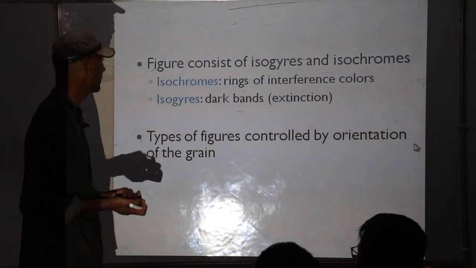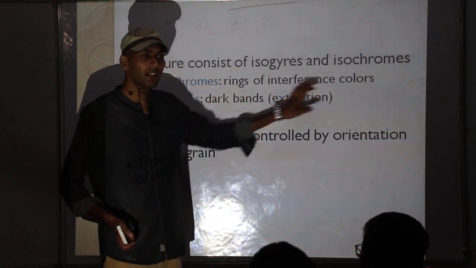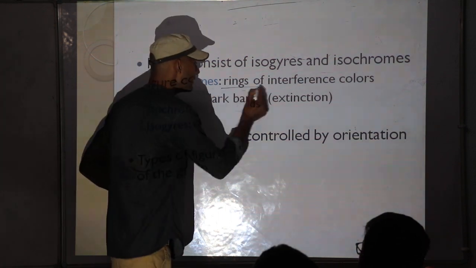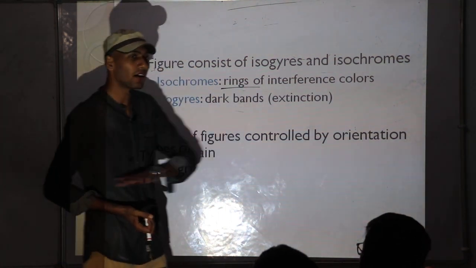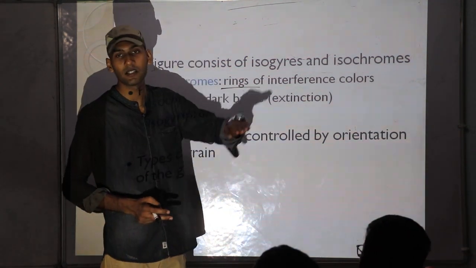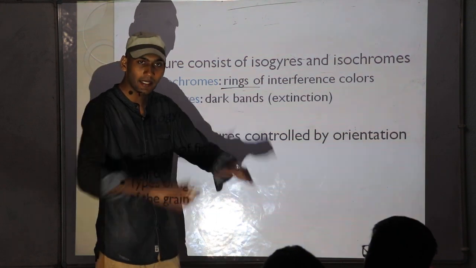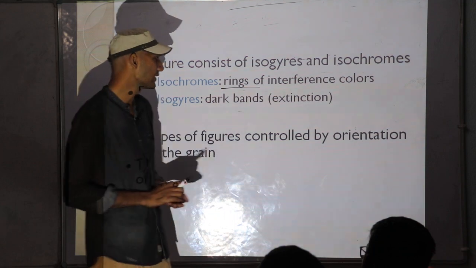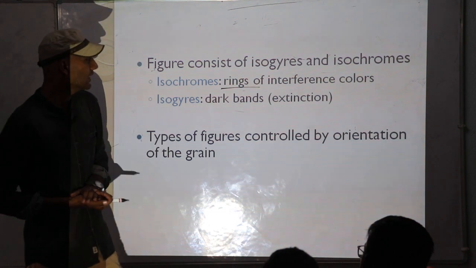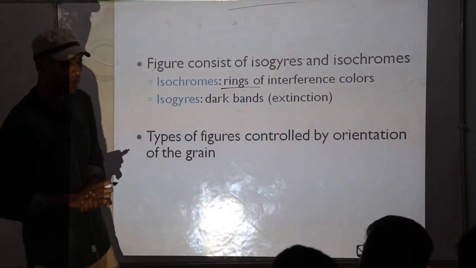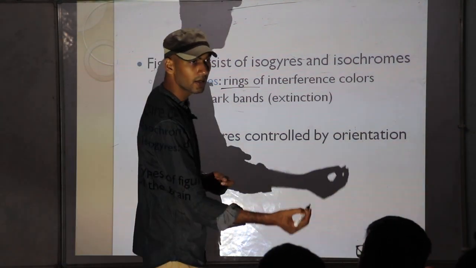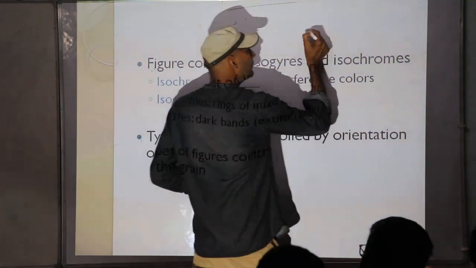Okay, we have discussed isochromes are rings of interference color. Why are they forming rings? Why not lines? Because of the cross section of a cone, we have already discussed, that is a cone shaped light. If you take the cross section of a cone, that will be a circle. Cone is like this. If we cut that in a section, that will give you a circle or ring. Okay, so isochromes are rings of interference color, rings of different colors, and those colors will increase in order from center to outward. Got that?